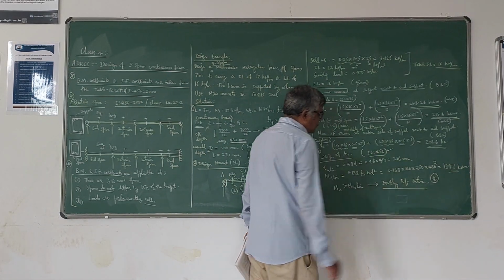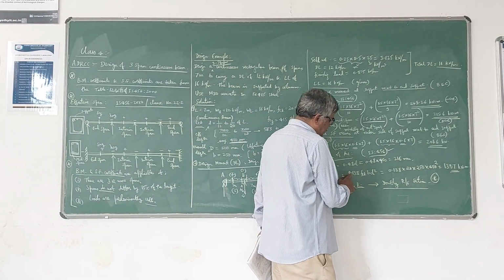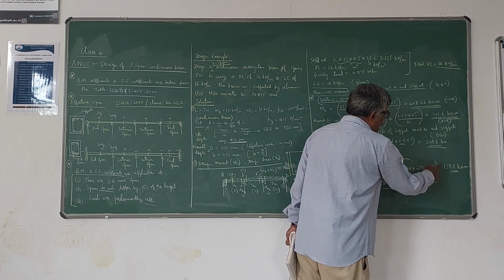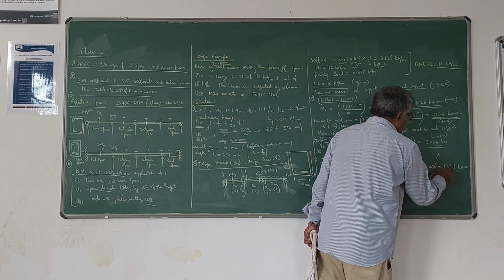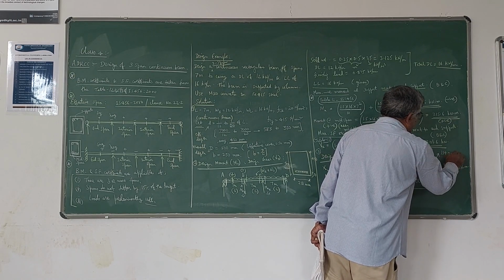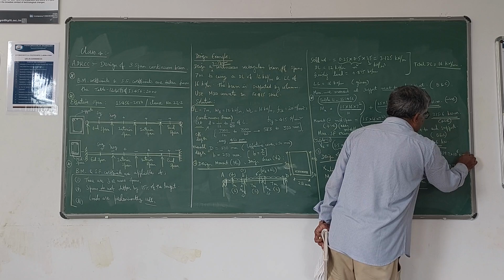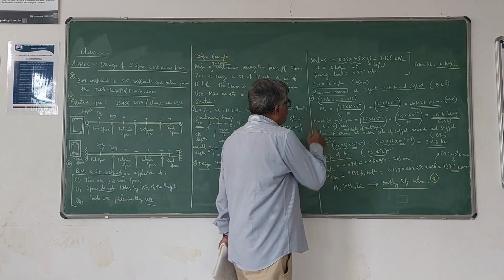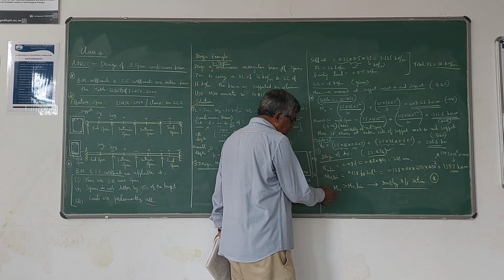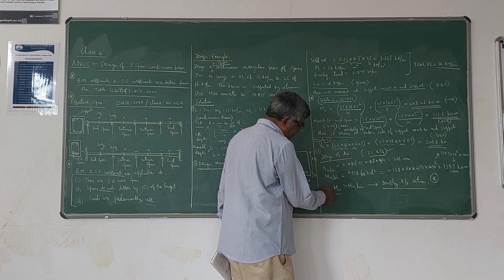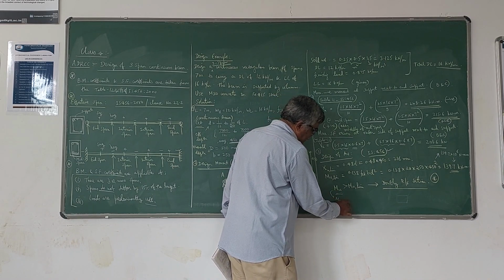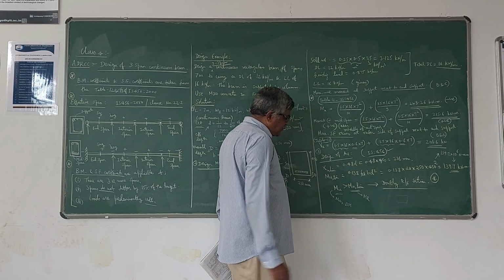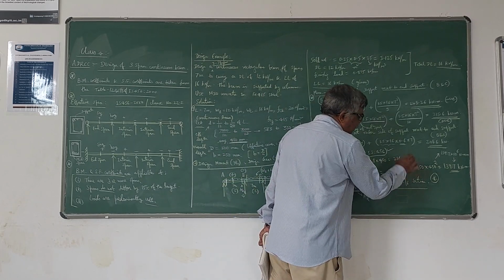All these are given in IS 456. If you substitute for all these, 0.138 into fck is 20, b is 250, d is 450 square, you are going to get the value in Newton millimeter. So actually this value is 139.7 into 10 power 6 Newton millimeter, which is the same as 139.7 kilonewton meter. Now you have to compare the values of Mu and Mu,lim. In this case Mu, the maximum bending moment, is greater than your moment of resistance. This Mu,lim is the moment of resistance of the section. Since this is greater than this, you have to go for a doubly reinforced section.